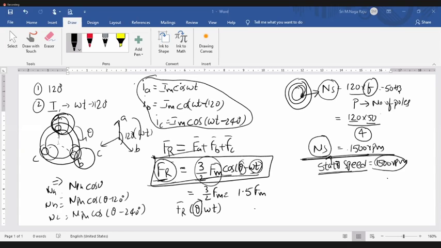So before discussing slip, we will recall the working of the induction motor again. This is the stator and this is the stator winding, and we have the rotor. The stator is supplied by a 3-phase AC supply of 50 Hz. Then 3-phase currents pass and the rotating magnetic field is produced, as we have seen just now.